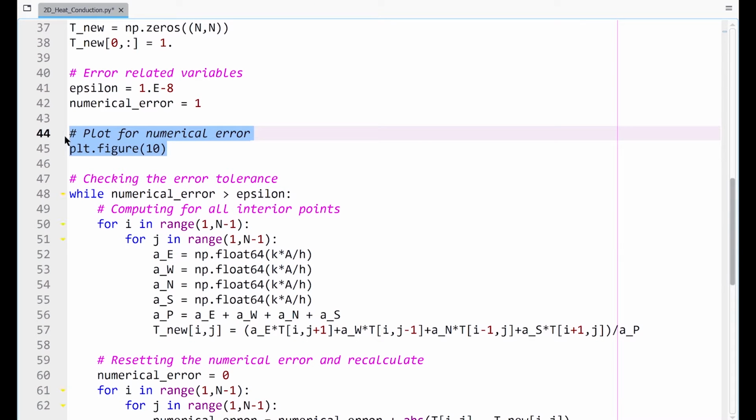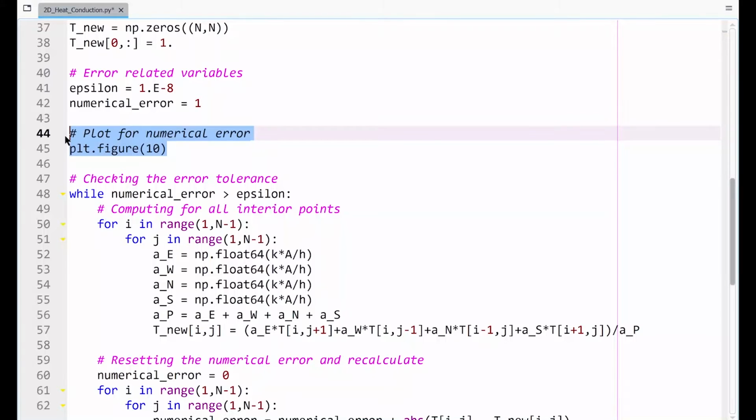Here I have added a new thing. What we are trying to do is see how the error is changing with the number of iterations. This is typically what you have seen while using certain CFD software such as ANSYS Fluent, that it creates a plot where you can see how the errors are changing with iteration, and from that you can both qualitatively and quantitatively judge whether you are going towards a converged solution or not. To get that, I'm trying to do that using a figure, of course.